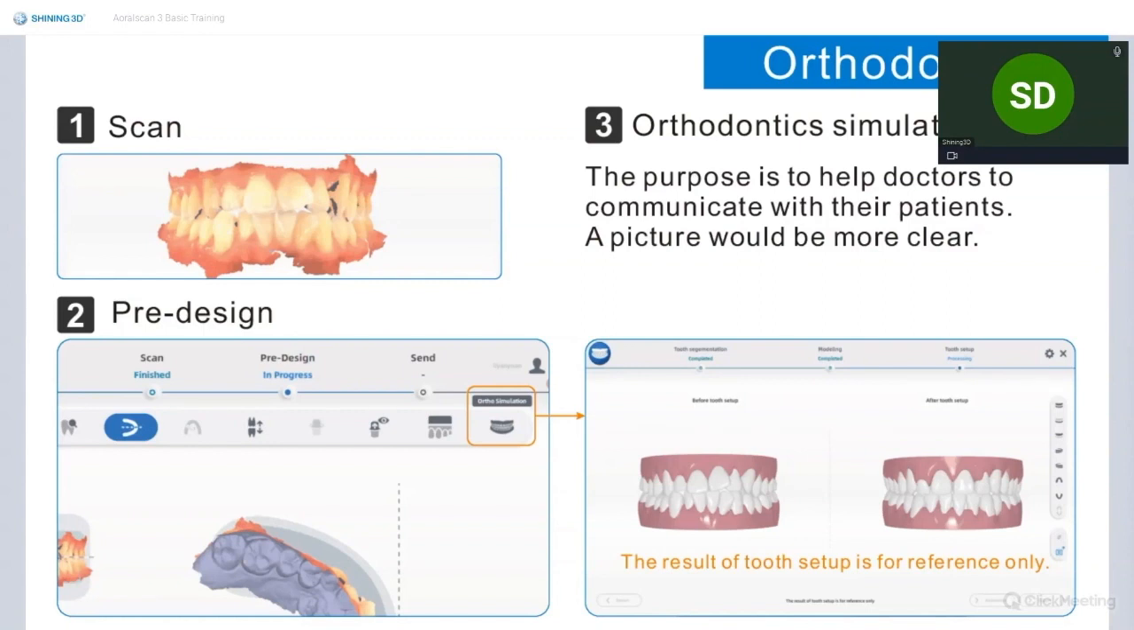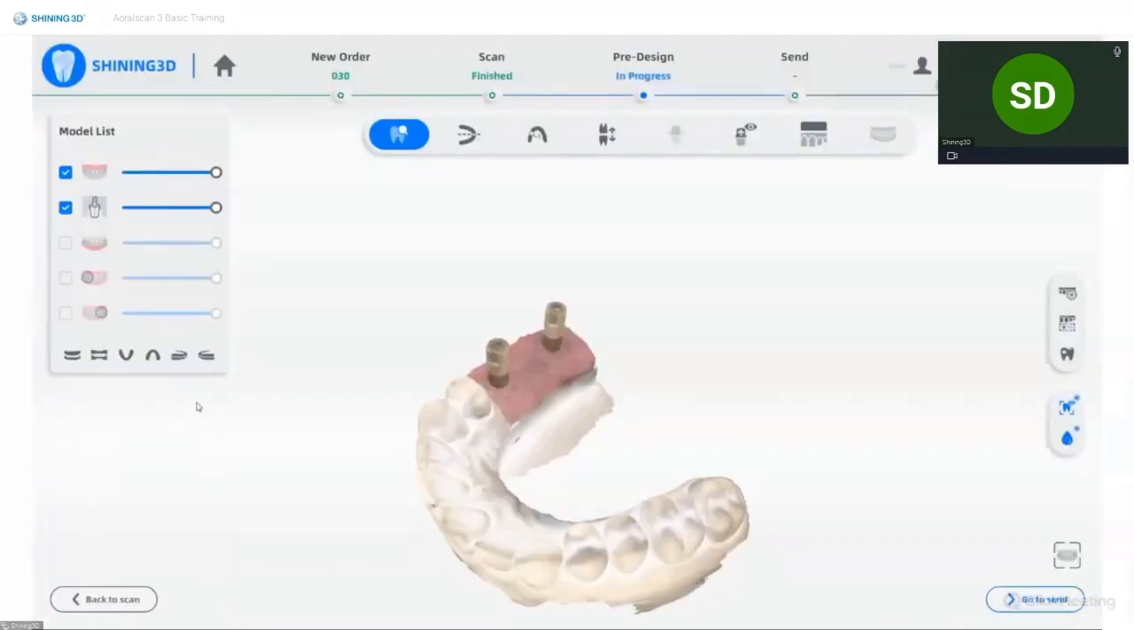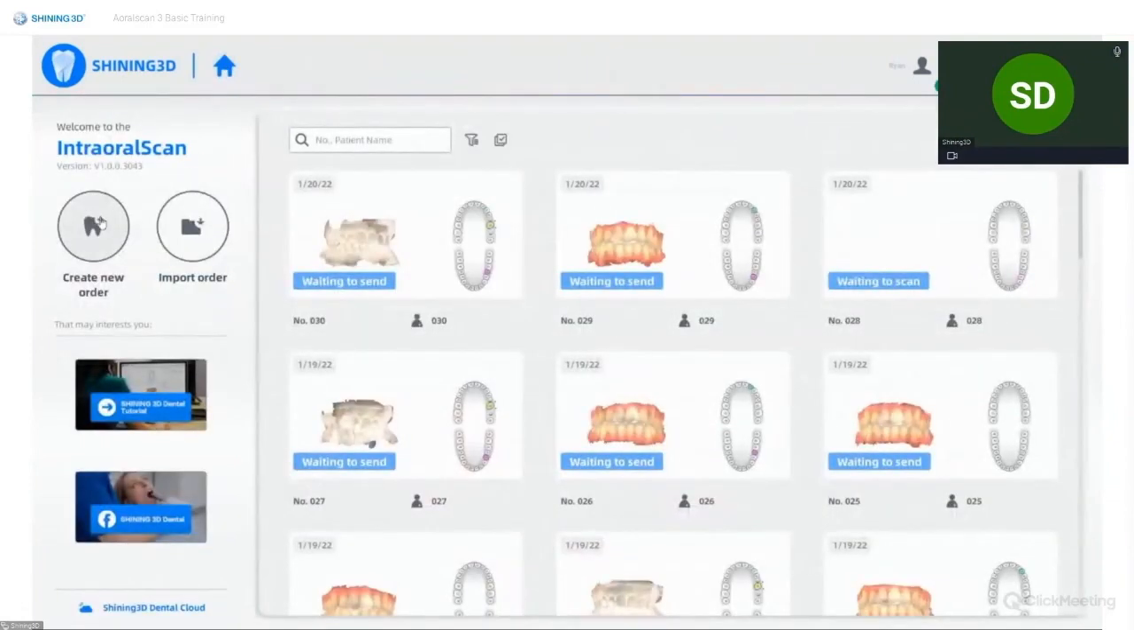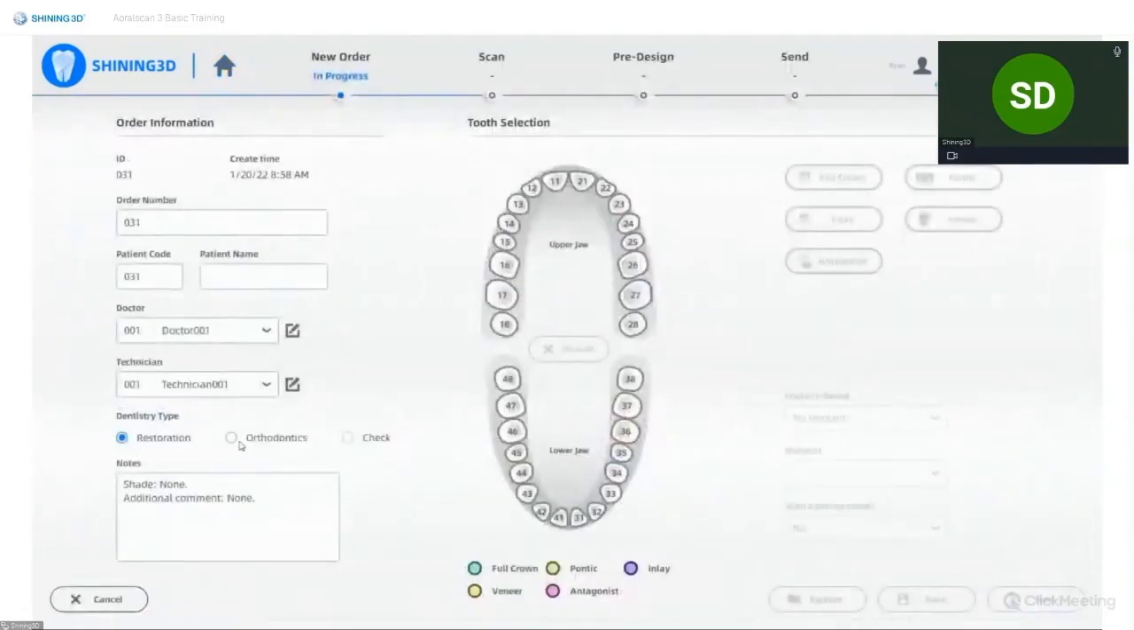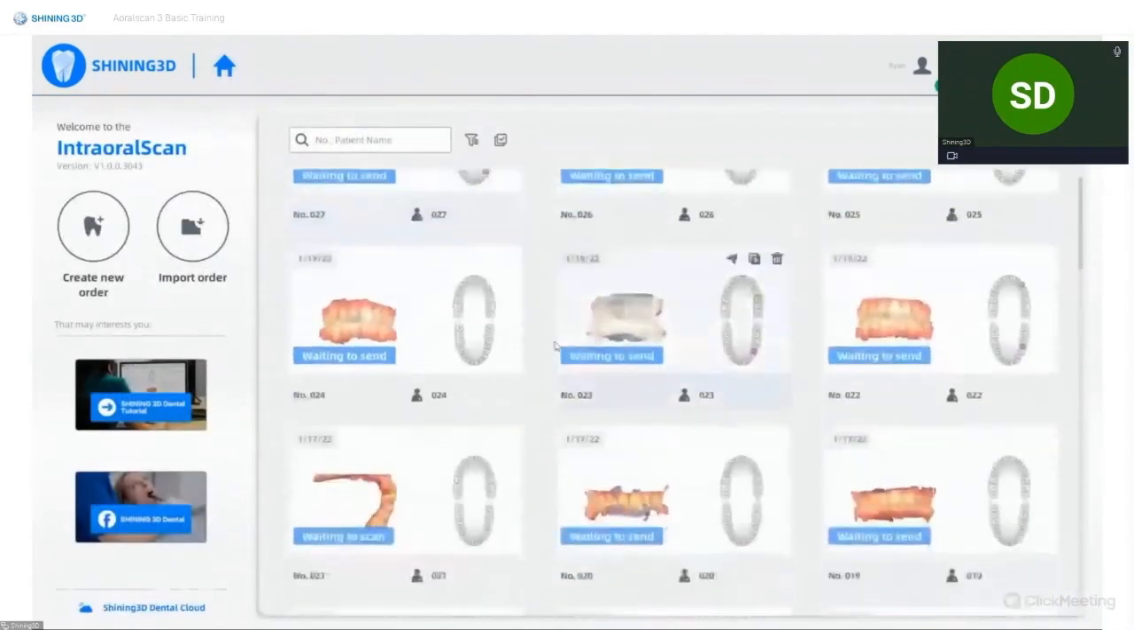So let's go to the software to check what it looks like. Back to the home. You need to create a new order with orthodontics, but I already scanned for it, so I will skip the scanning step and go directly into the